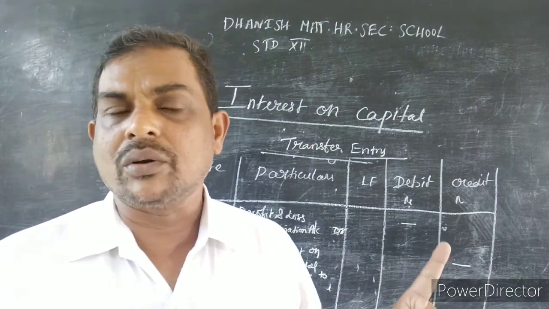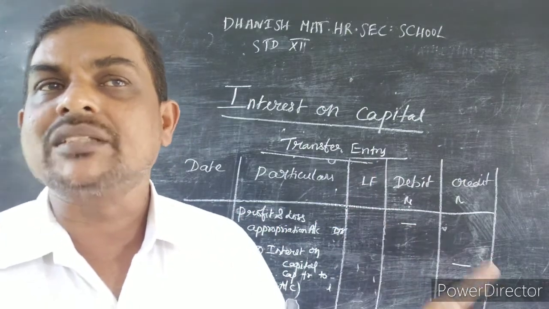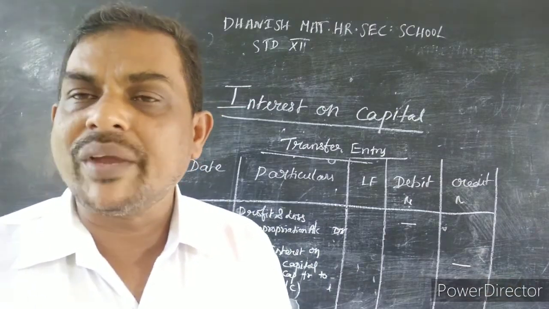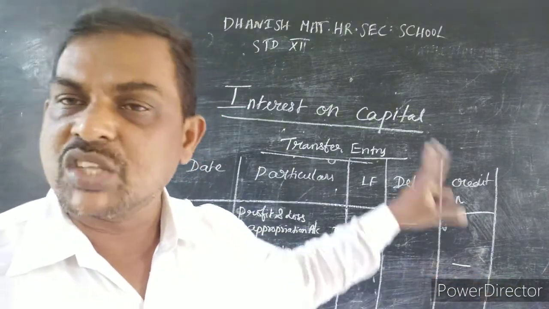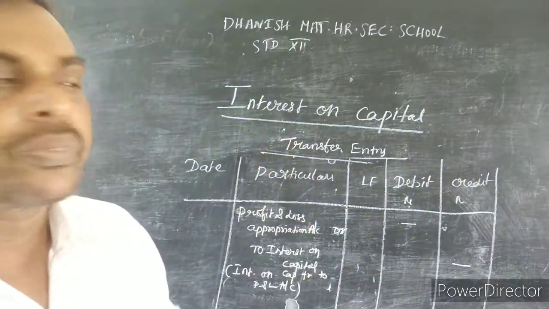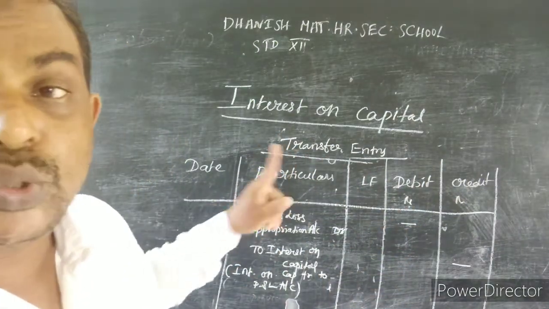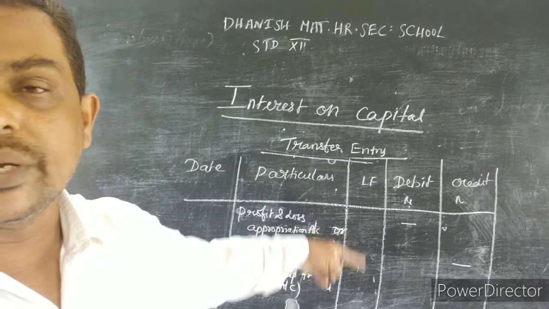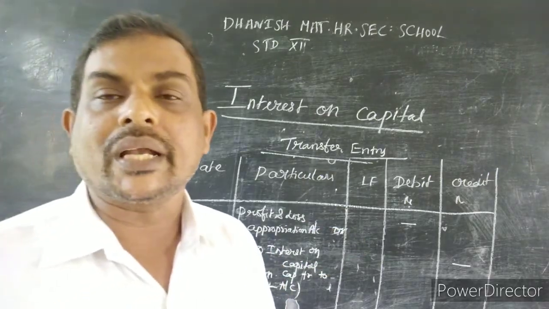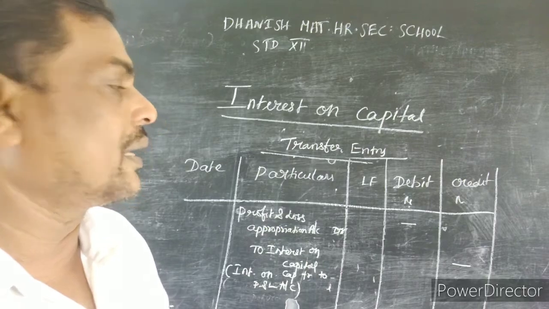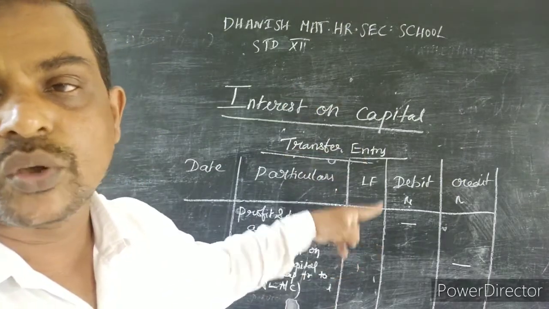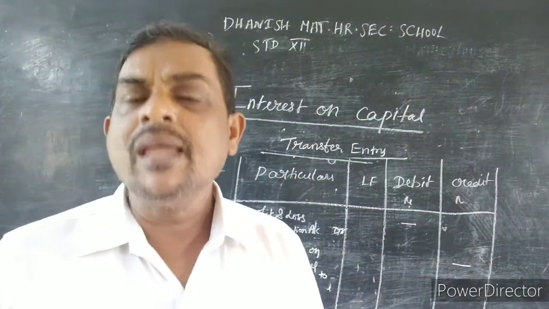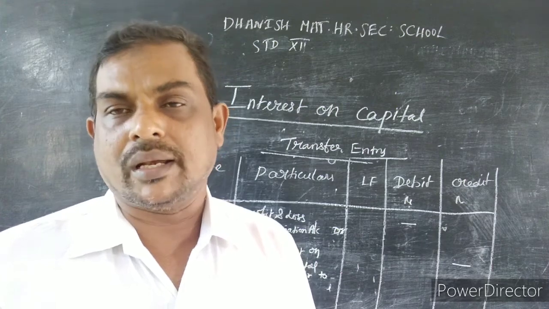So you use current account if the partners' capitals are fixed, meaning you have to mention two partners' current account. If the partners' capitals are fluctuating, you have to mention two partners' capital account. That is for adjusting entry. What is the transfer entry? You have to write two entries. This is the second entry: profit and loss appropriation account debtor to interest on capital. The same amount will be followed in this entry also. For the two entries you have to write the same amount only, but the entry will be different. One is adjusting entry and another one is transfer entry.